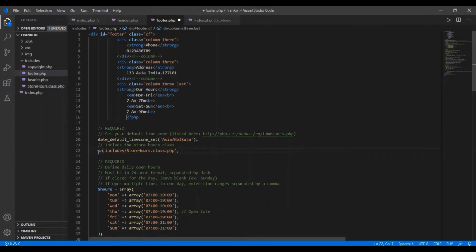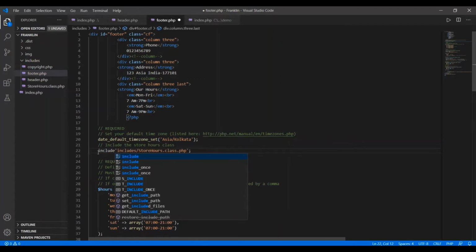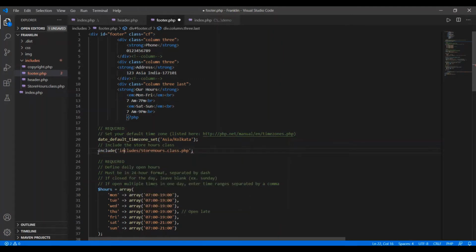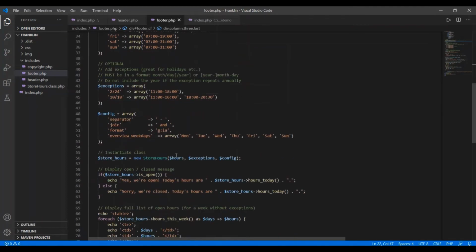You can use require or include. So save your changes here.